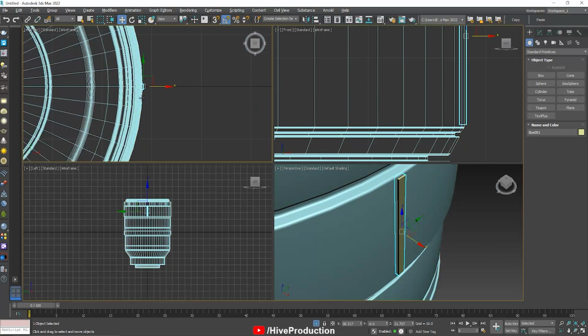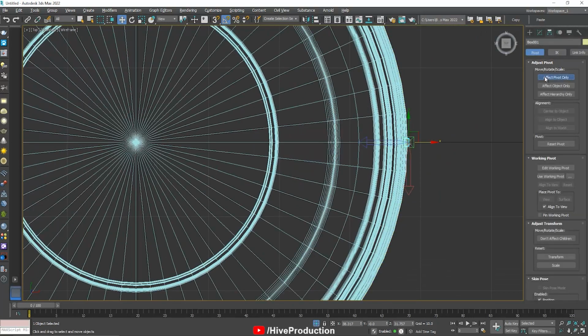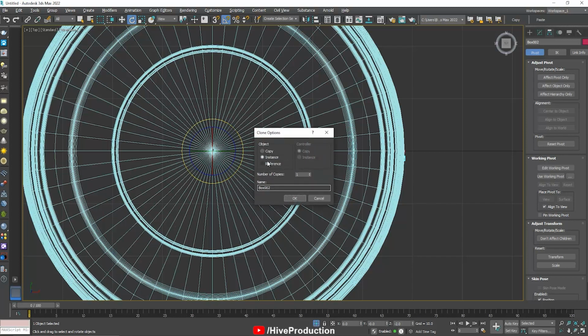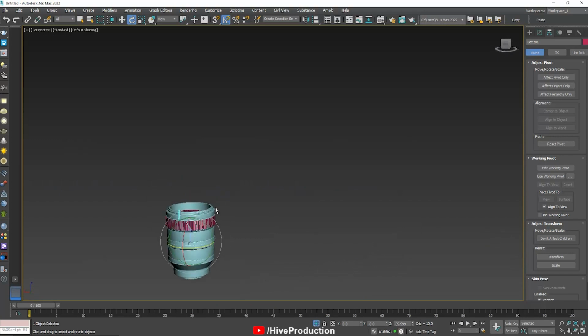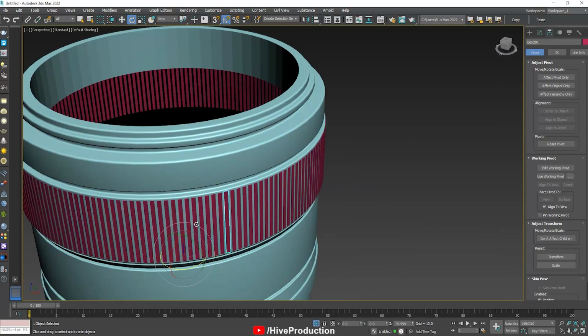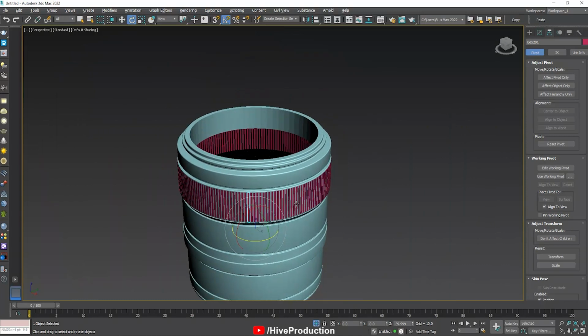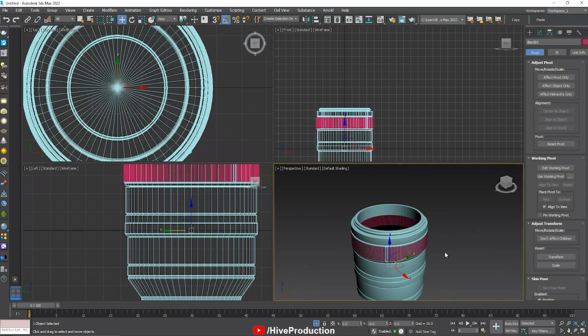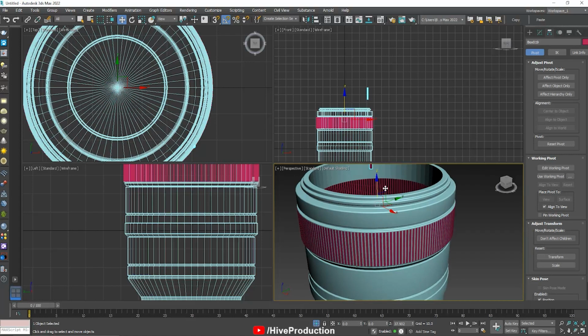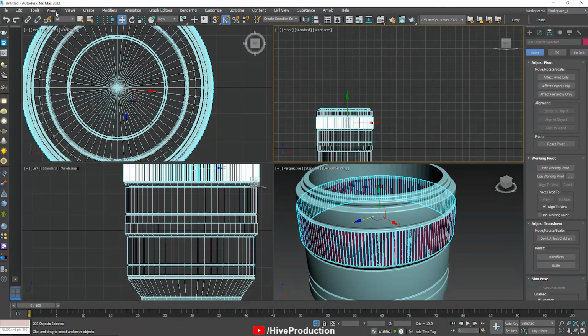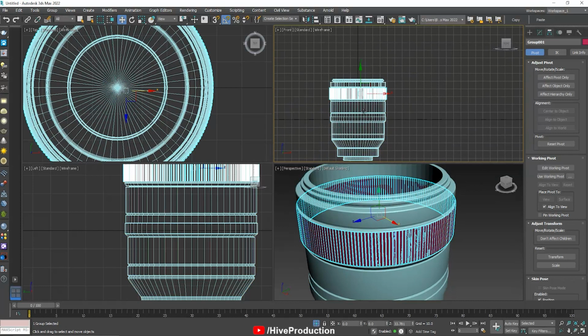Okay, so the plan is that I need to adjust into the entire 360 rotation. So I'm gonna take pivot point on the center, and now I will rotate from the center. Suppose I'm gonna give 200. So let's see. It is fully filled with 200 boxes. The copy of these boxes. I'm gonna select all of them and I'm going to make them a group, and I will duplicate this